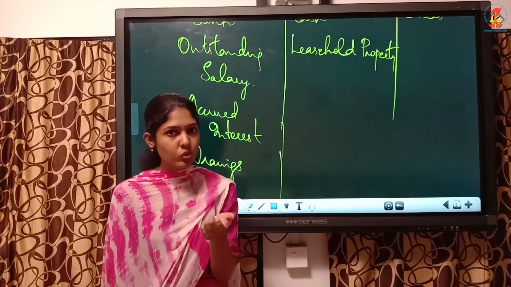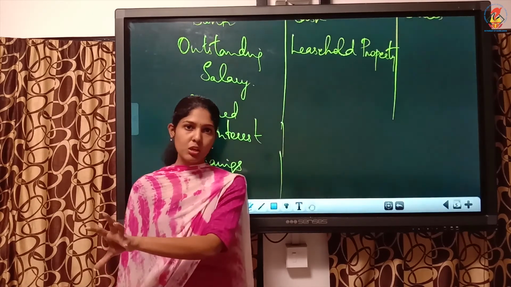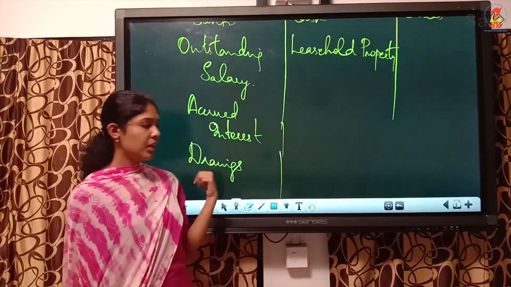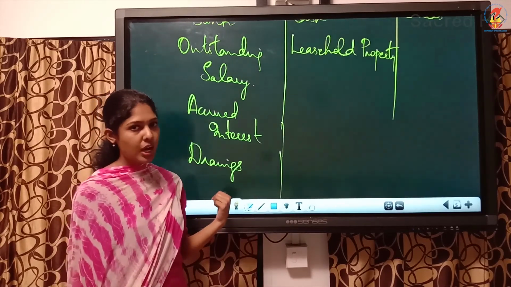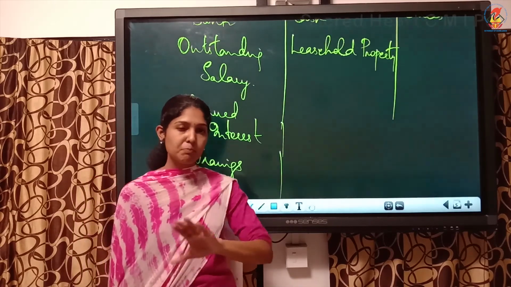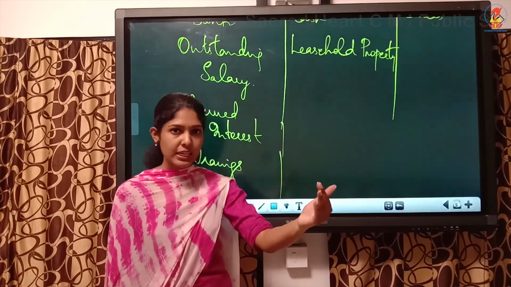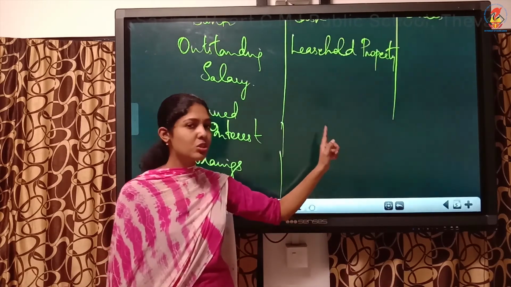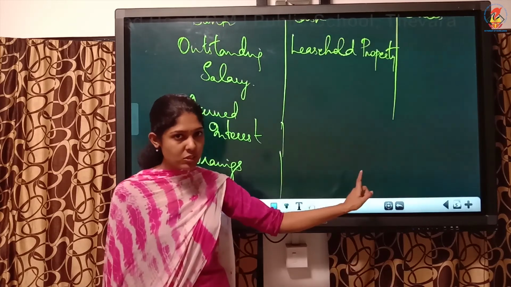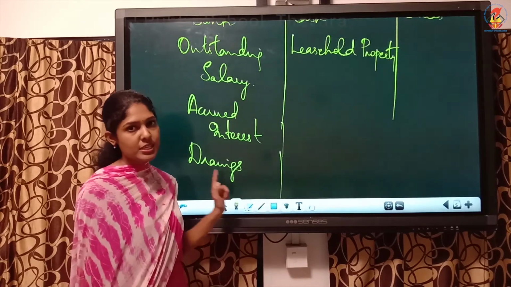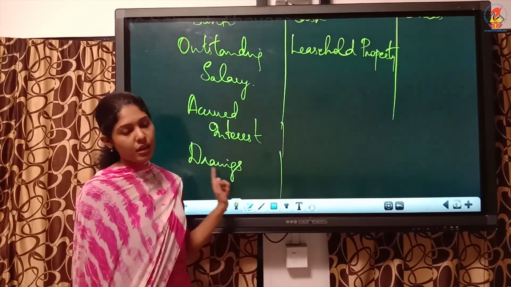Again, that account is related to a person or it is related to a firm. So that comes under personal. Bank overdraft comes under personal account. Then prepaid rent, prepaid, already paid. It is an asset, but can we write under real? No, this includes only tangible and intangible. Prepaid rent will come under representative personal, so it is personal account.